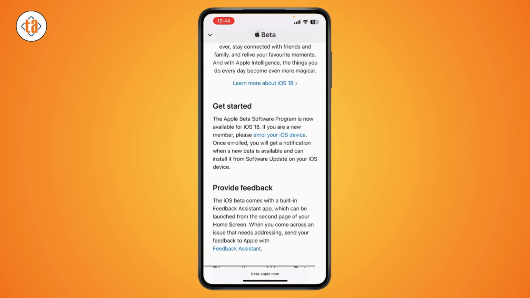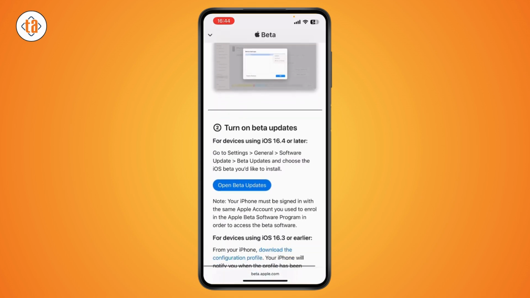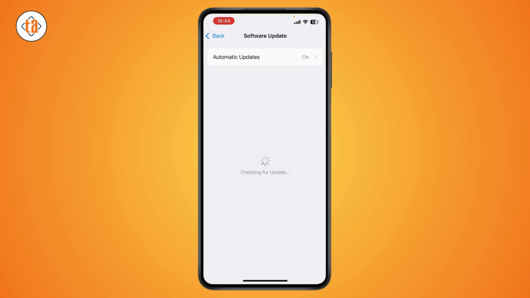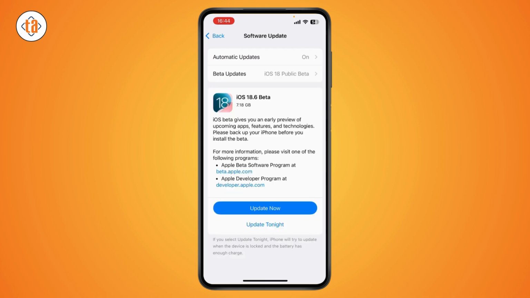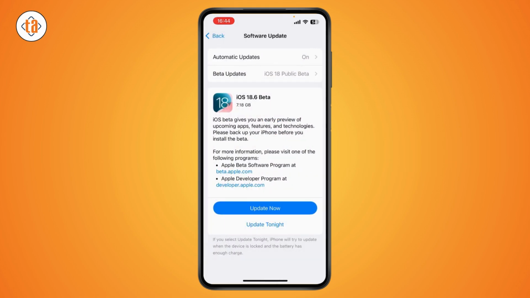Now you need to scroll down and then tap on enroll your iOS device, and again you need to scroll down and tap on open beta updates, and it will directly take you to the software update on your settings. And here you need to select iOS 18 public beta. After selecting, just go back and then tap on update now, which is on the bottom, and it will install